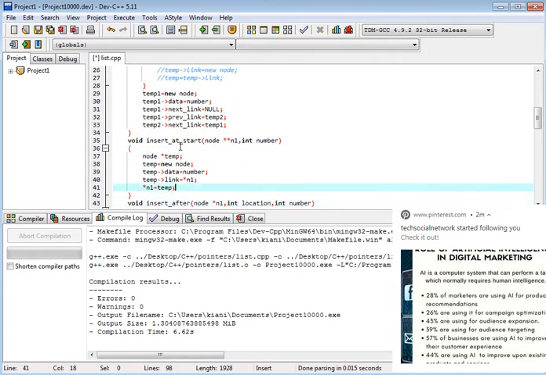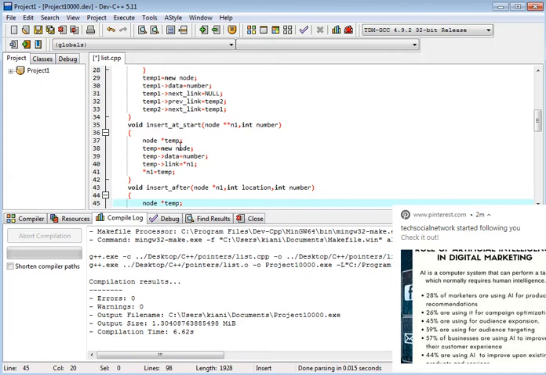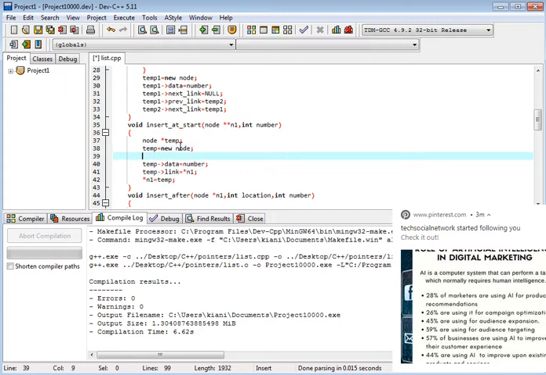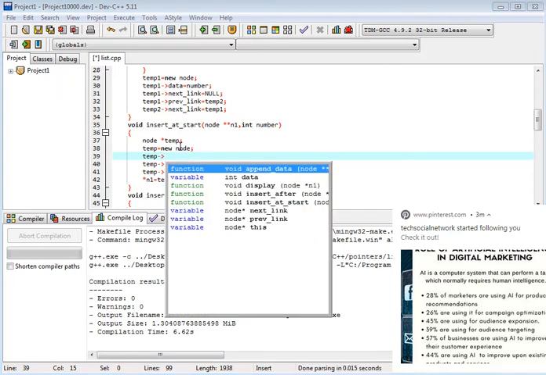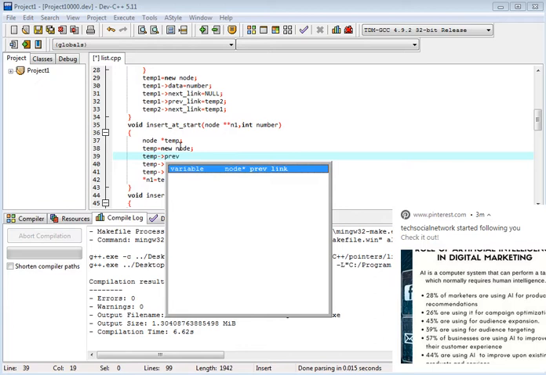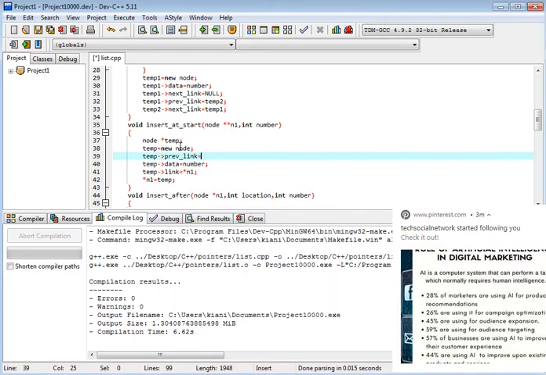Okay, now what about the insert at the beginning? We have to set temp as a new node. After this we have temp previous link is equal to null.